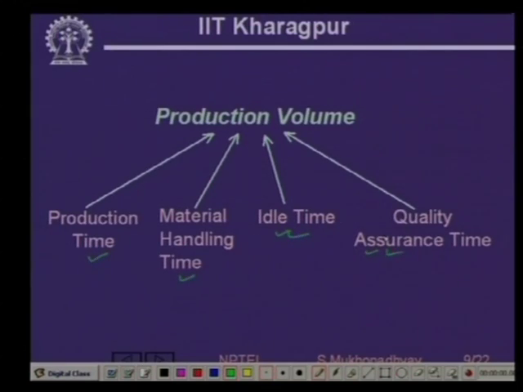And finally, using automated quality assurance equipment, you can really cut down on quality assurance time. Actually, this quality assurance time is growing, because previously people used to be satisfied with lot by lot testing. That is, you pick up some random samples from a lot and you test them, and if they pass, you assume that every item in the lot is good. But now that is gone and people are enhancing on quality, in many applications, like let us say